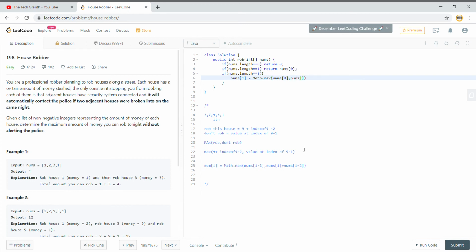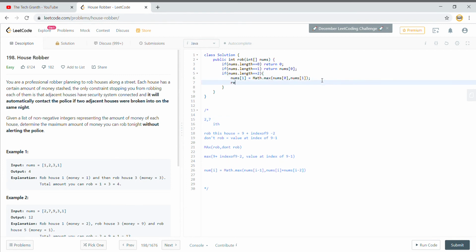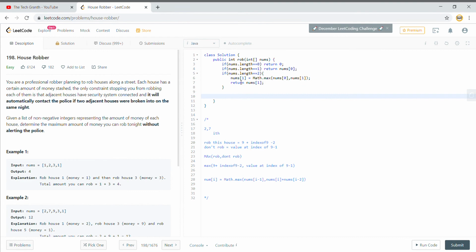So if I have been given just two places like this, the maximum I can do is by robbing one of these two houses. So that is why for nums of 1 I will say that the value will be whatever is the maximum of these two, and I can now return from here nums of 1. Okay, so if it is more than two houses,